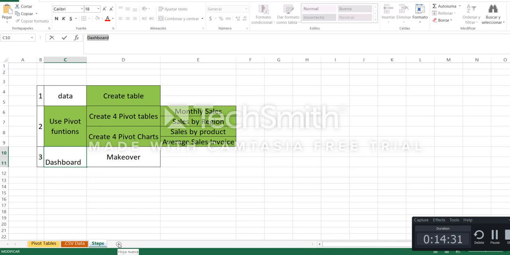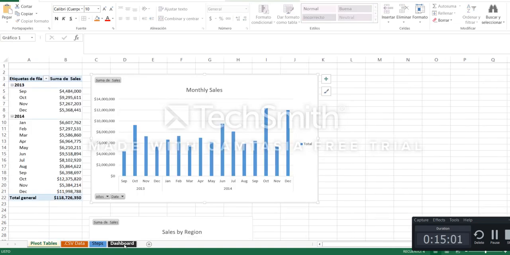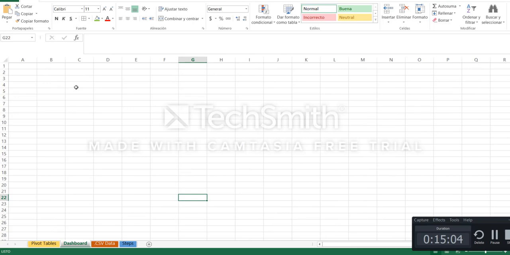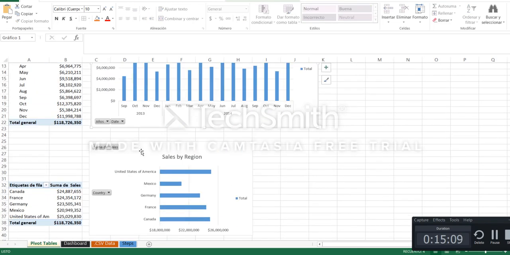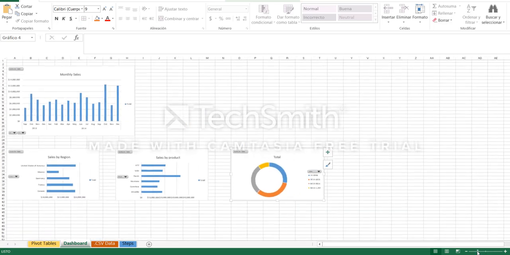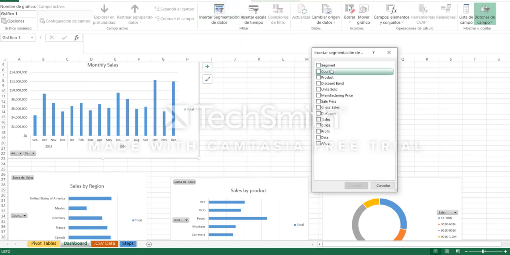Let's create a new worksheet. In this new working area, we are gonna bring our 4 graphics. Now that we had our 4 graphics, we are gonna use insert slicer. And we're gonna add the segments that we want to use.